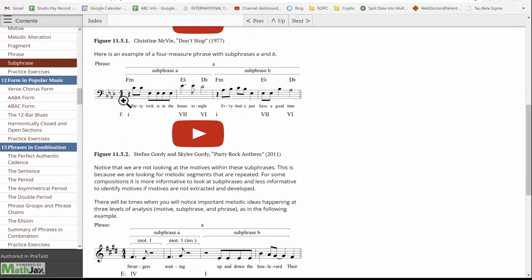Here's another example that they give you here. Look at the rhythm. This is a good example because you can see the notes change, but rhythmically, look how the rhythm of these two bars is very similar to these two bars. The rhythm starts the same way here, okay? So even though it's a bit different, if you take a look here,